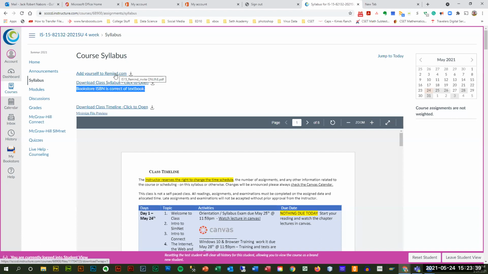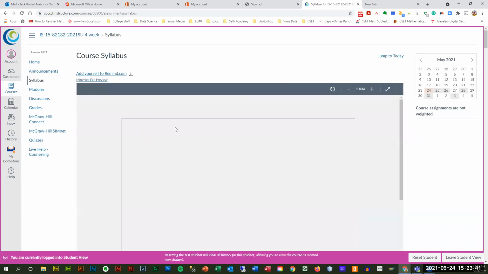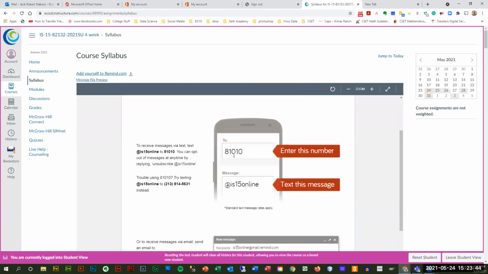I would like everybody to get on this Remind app. If you click on it, you don't have to get the app. You can actually just put these codes in, and then the message at IS15 online. What you do is you get messages from me, especially since it's 4 weeks. Most of it is a reminder, hey, we have a quiz coming up. I never made students sign up for this in the past, but I found that students are doing much better when they have these text message reminders. If you do not get a reminder, I might have forgotten, but don't hold that against me, because